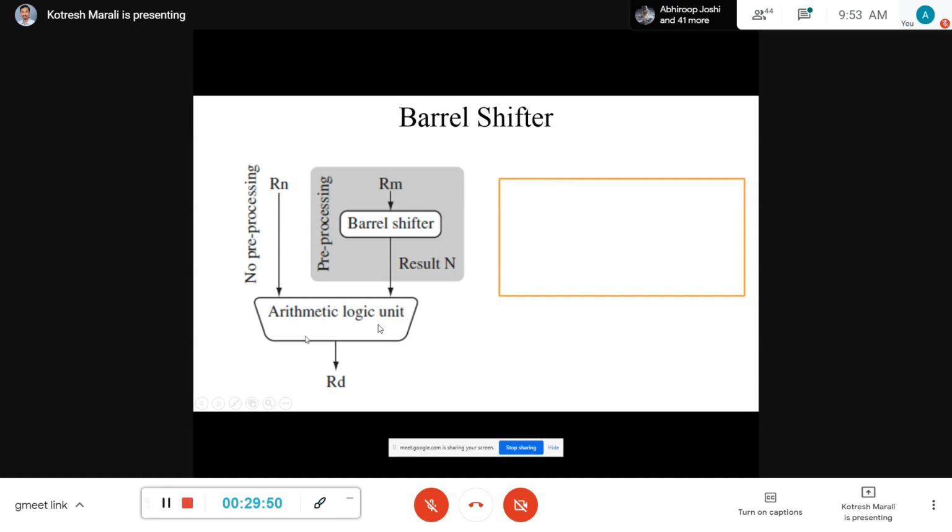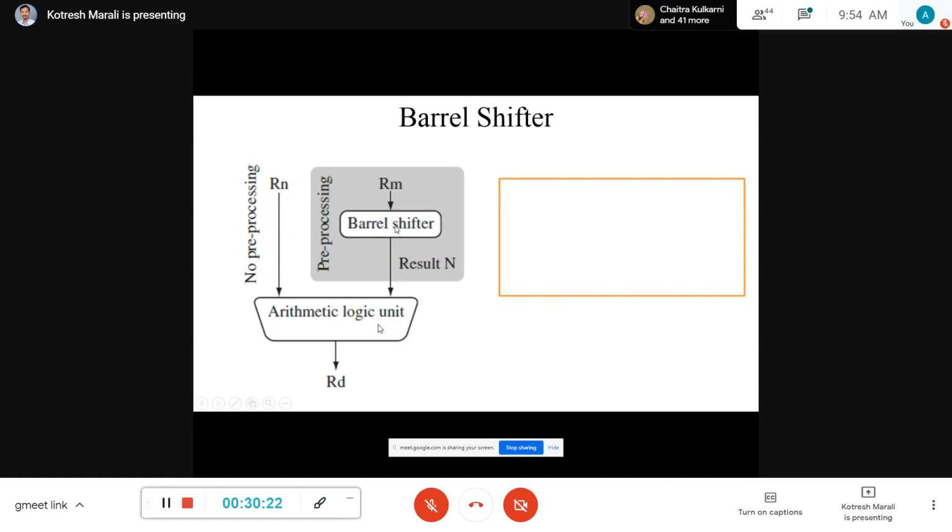As it is. But another register, either you can move as it is, or you will be moving that value to the shift register basically. Then that value is sent to the arithmetic logic unit, which means that when you send any data to the barrel shifter, it is possible for you to perform the left or right shift then and there itself. Then you can move to the arithmetic logic unit.